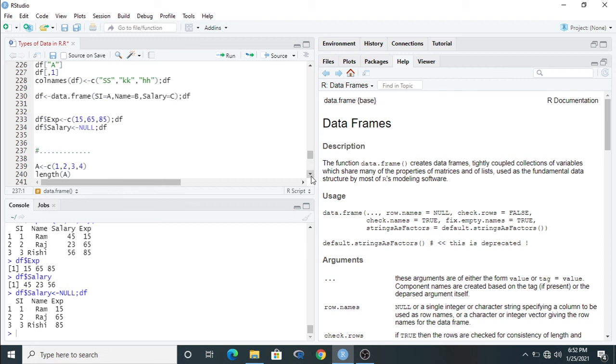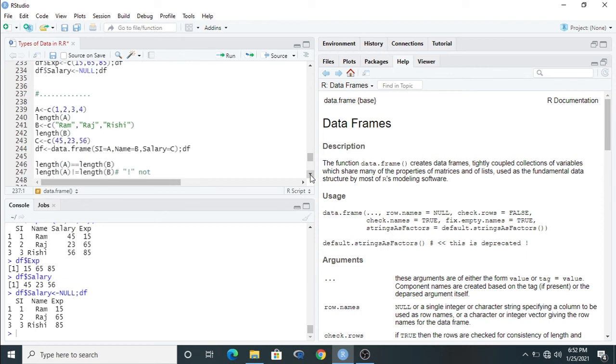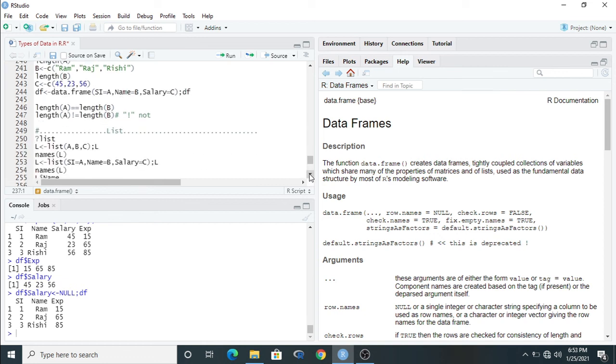This is the simple things. Okay, then go to the next. Suppose I have already discussed about these things. We have to use the same length for the data frame. Okay, then after completing the data frame, we have to go to the list. This is the last type of data, which is for list.